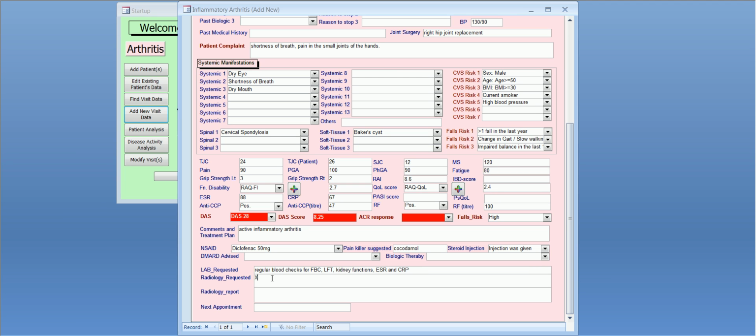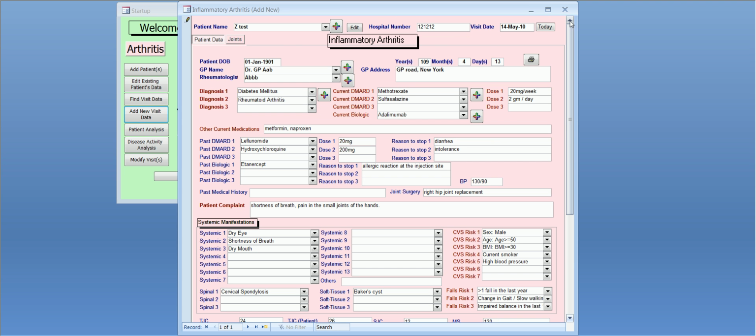Any X-rays requested, and any relevant reports. The last box is to record when the patient will next be coming for a clinic visit. Once you've completed this page, click on the patient's joint